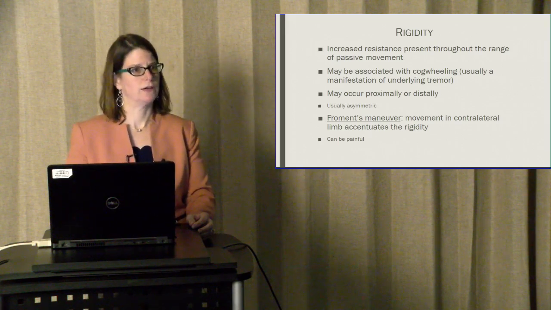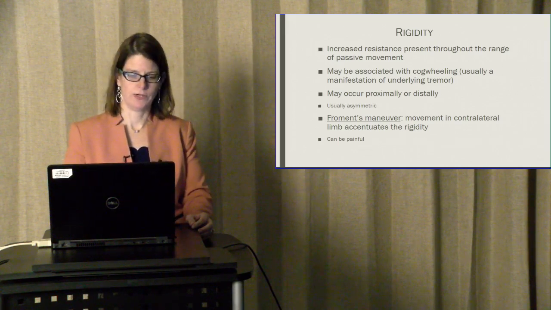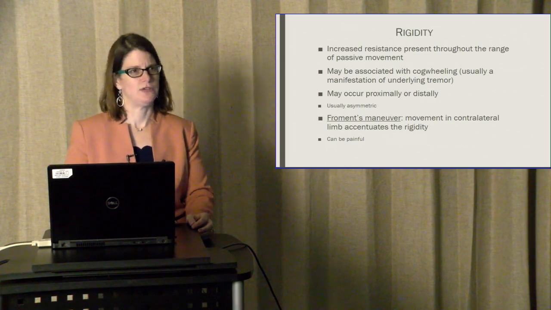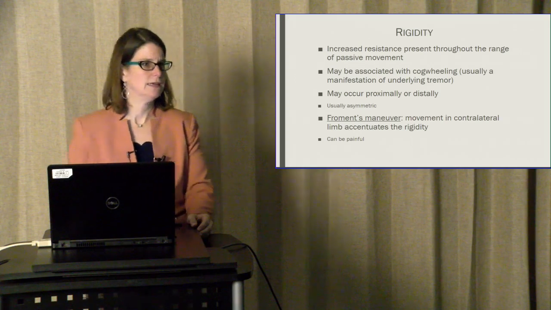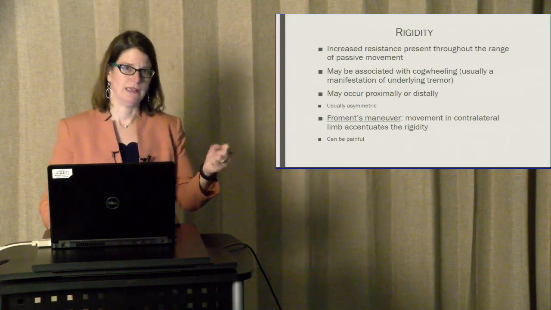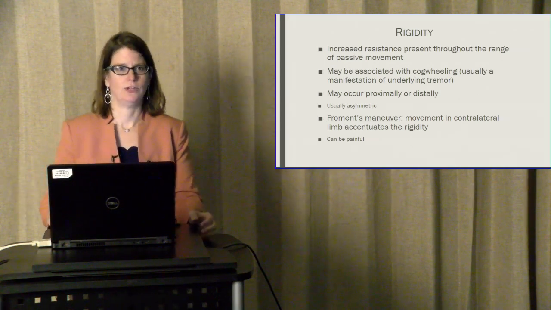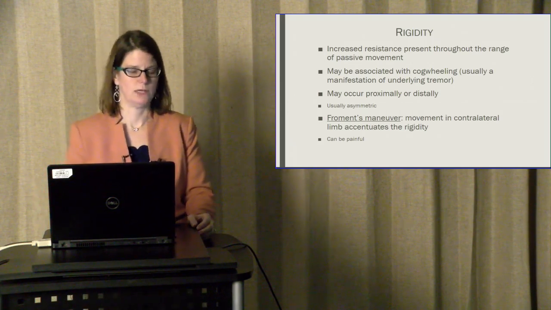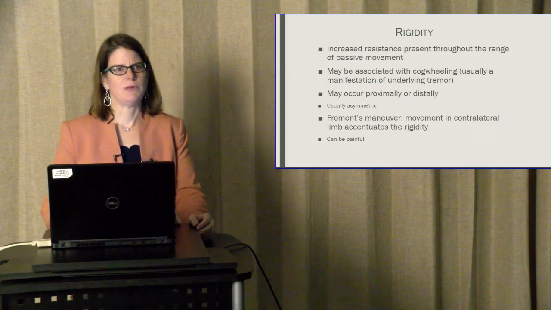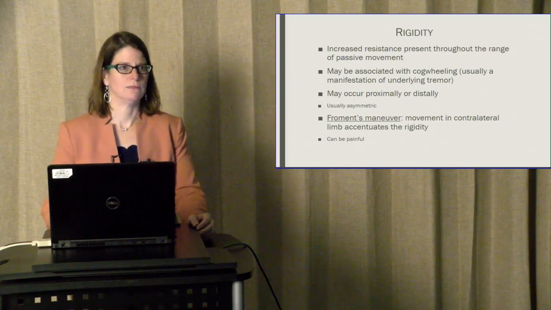There's a movement called the Froment's maneuver, where, if you see someone with a decreased arm swing and a little bit of tremor but don't find much rigidity, you have them activate the opposite limb and then try to test the tone. You can see the tone will increase and come out, and that's seen in Parkinson's as well. And this rigidity can be painful because it can lead to other symptoms like dystonia and cause